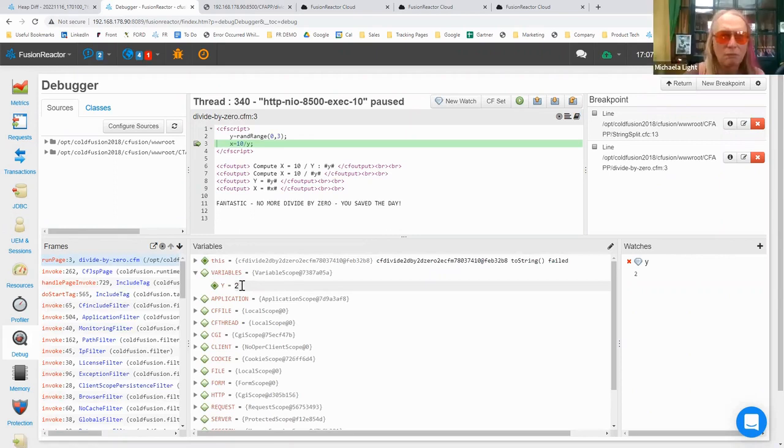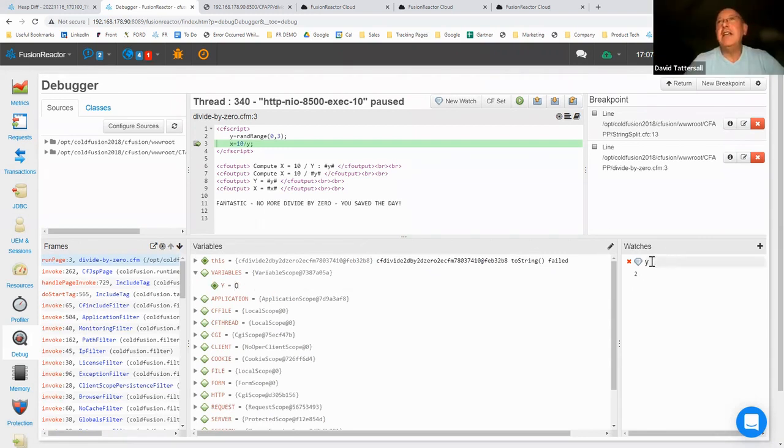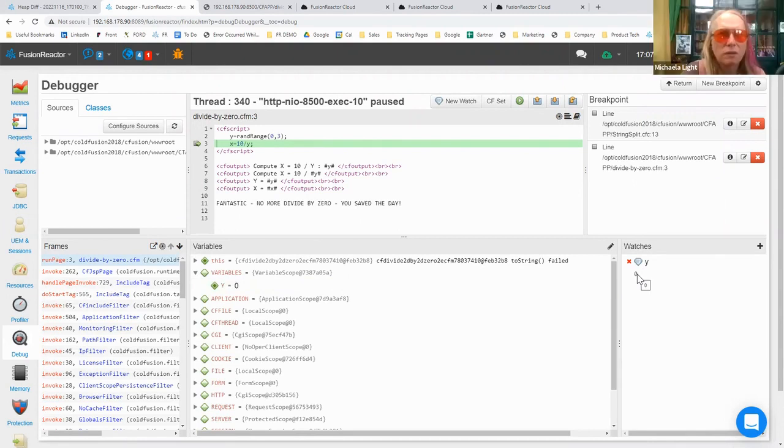If I change that, you can change the variables while it's running, because this is a debugger. On the right-hand side, I've got a watch set up, just like a regular debugger. If I change that to 0, you see the watch changed. So that variable is now 0. If I resume this now,